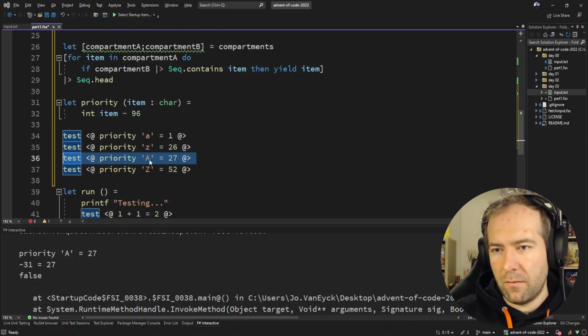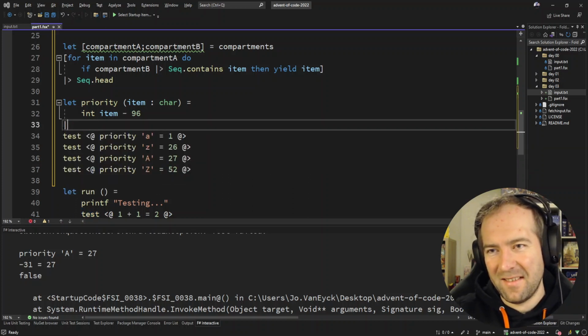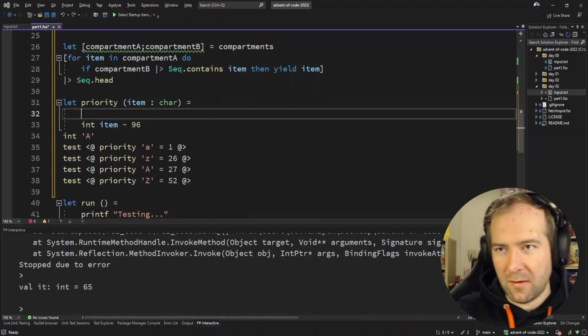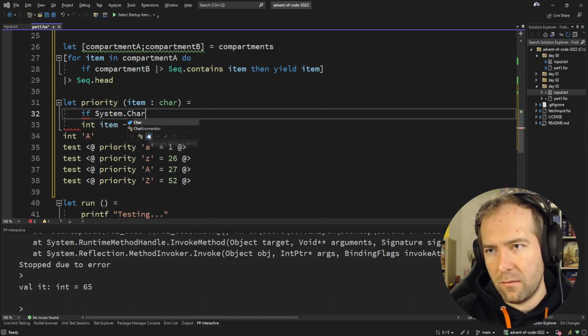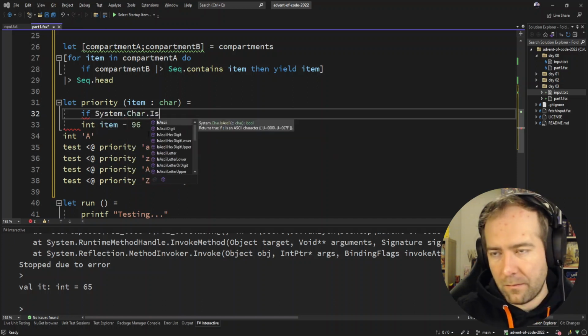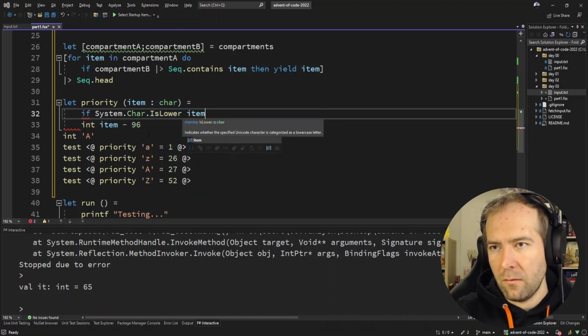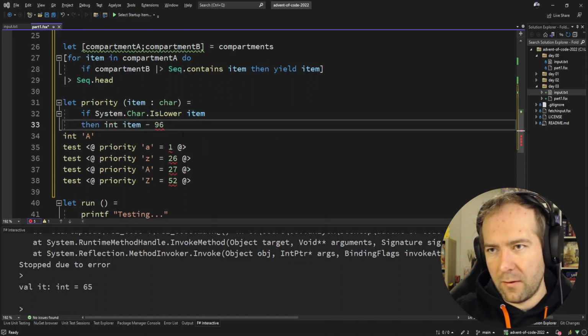But capital A is something else. That's a shame, that's harder than it has to be. Okay, that's not a problem. So I'm going to literally keep it simple and say if the item, or there is a char, is lower, then we do the lower thing, and otherwise it is